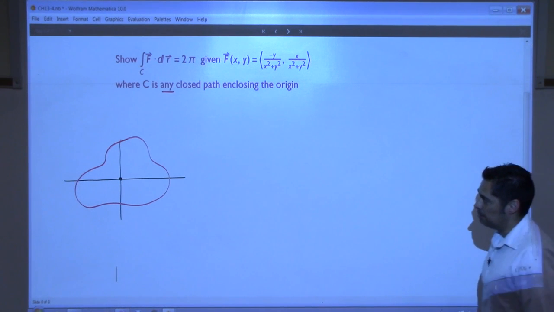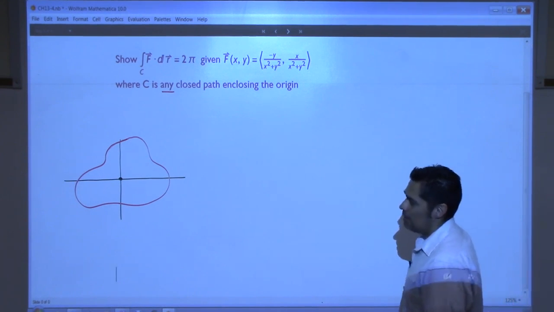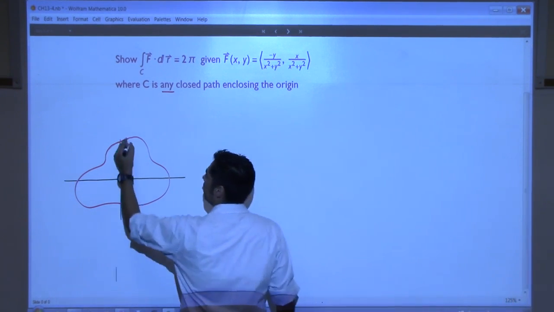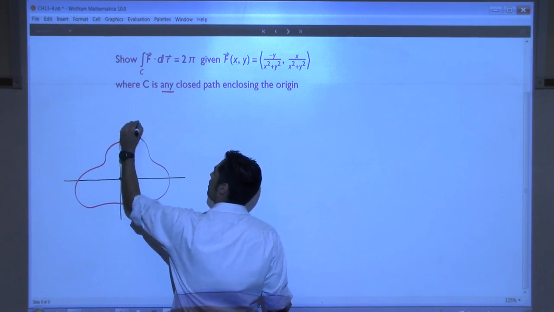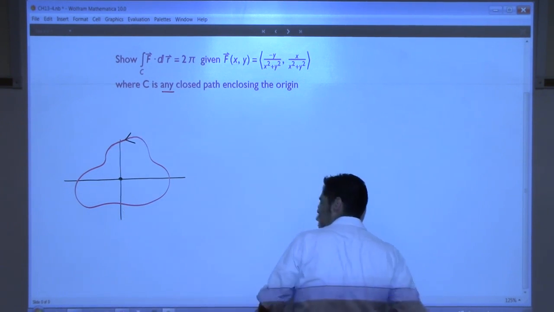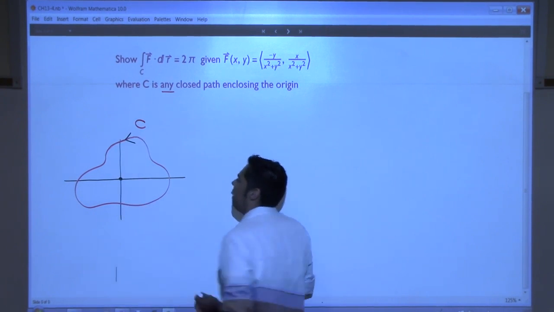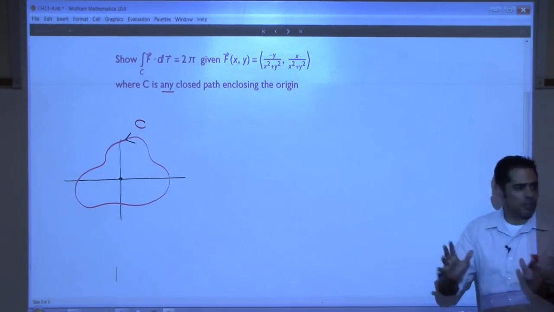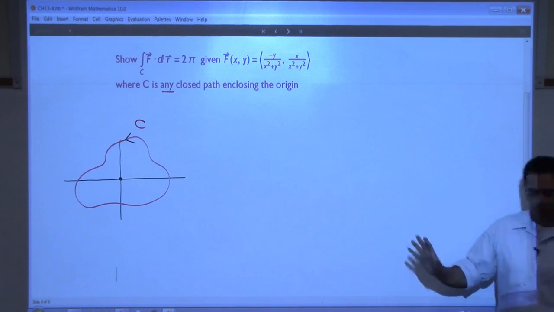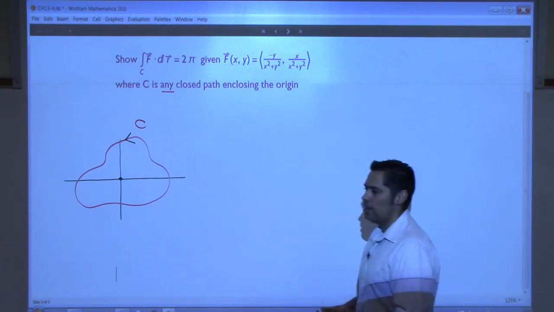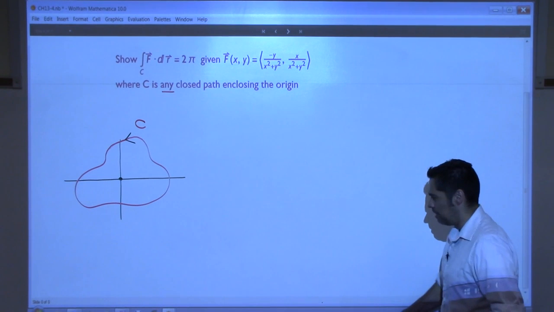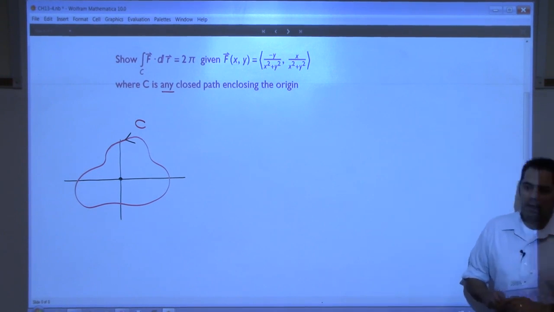And here's the way I'm going to do it. First of all, let's just call this path C, and I'm going to have positive orientation on this path. I'm not going to call it C1, I'm just going to call it C. That's this path. That is an arbitrary path. Then I'm going to come in here and very cleverly, if that's a word, I'm going to